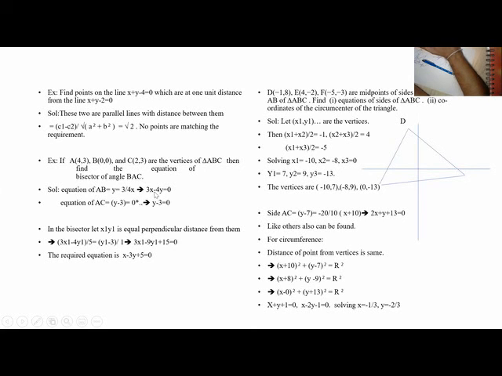My line is not perpendicular to this or to this. The perpendicular distance from my line to each of these is equal. Take any point on the line. The perpendicular distance is from (x1, y1) to this line and from (x1, y1) to that line. We made them equal. Let us say this point.